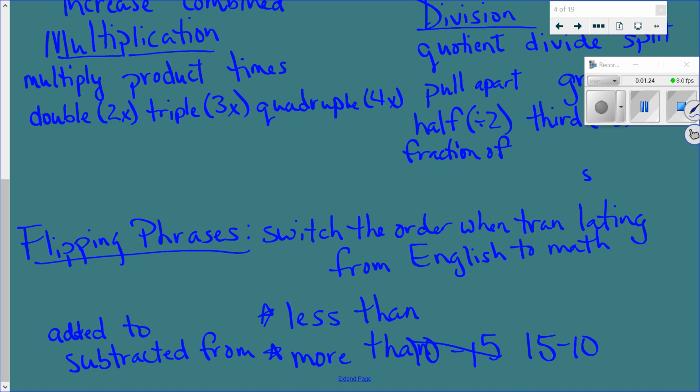When we translate from English to math, normally we do it from left to right, just like we read. So if I say in English, I need the sum of 4 and 8, as we write that mathematically, we would just write 4 plus 8, using the numbers in the order that they are listed. These flipping phrases, when we switch from English to math, mean I'm actually reversing the order of the